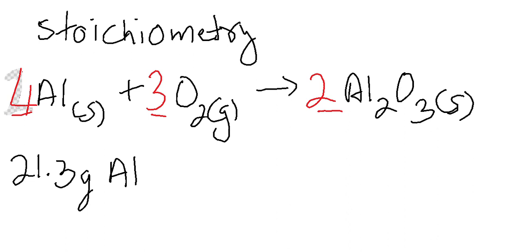So here we have aluminum. To convert the grams of aluminum to moles of aluminum, we need the molar mass of aluminum. What is the mass of 1 mole of aluminum? We write that in the conversion factor form. You can search it out online, but if you have the periodic table, you can simply use the periodic table